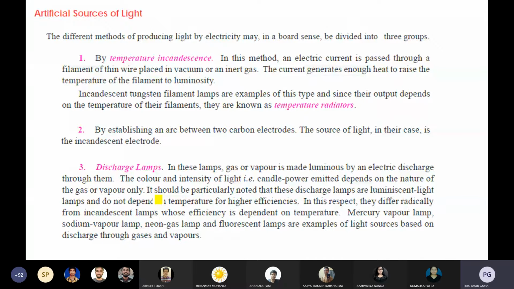So what we are doing after that, we are using the CFL, the compressed fluorescent lamp. So how do you make it compressed? We are replacing that entire circuit, that is, the choke coils and the starter circuit, by the ballast circuit. So the ballast circuit is nothing but a high